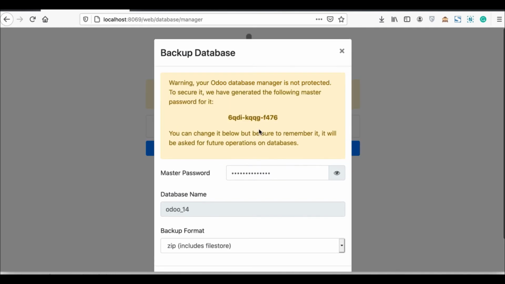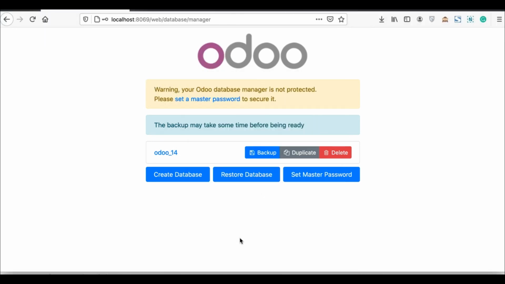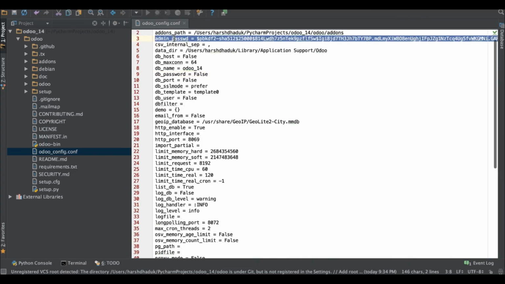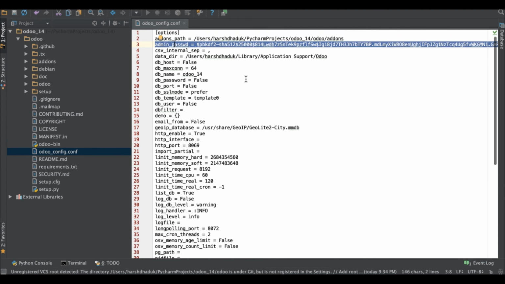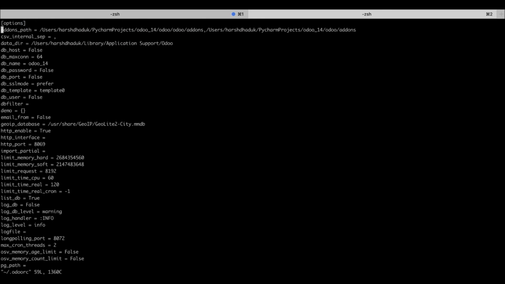If you perform any operation, it will generate this master password. Once you successfully click that button, it generates the master password into your configuration file, not into the .odoo.rc file. For double verification, you can see it won't be generated there because we already deleted it from there.